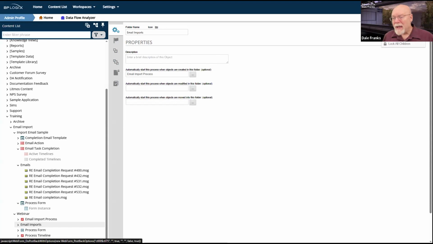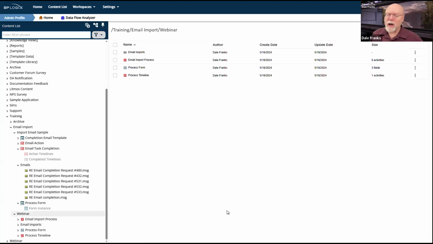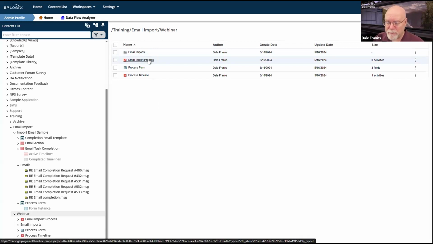Okay, so I've got the basic architecture. This architecture doesn't do anything, but at least I have the folder into which I can import emails. When I import the emails, the folder will automatically start a process for each object that gets imported. We haven't configured that process yet. We're gonna, but at least we have the architecture down now. So now we know where our emails are going to go and we know how they're going to get into our system. We don't know what's going to happen to them when they get in. We're going to have to configure that. But we'll handle all of that later.